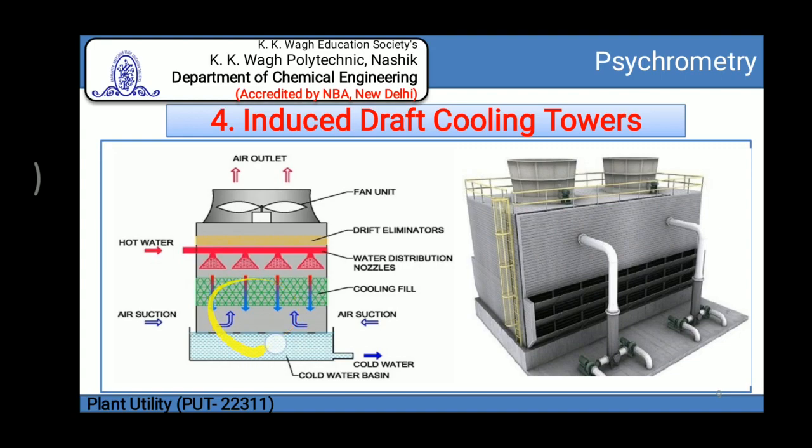When the fan operates, suction is created at the bottom of the tower, due to which the flow of air is induced. This tower can be operated in co-current or counter-current manner, but in the counter-current flow mechanism, the power required to move air will be high because the air entry to the packing will face the maximum resistance due to the liquid exiting the packing.